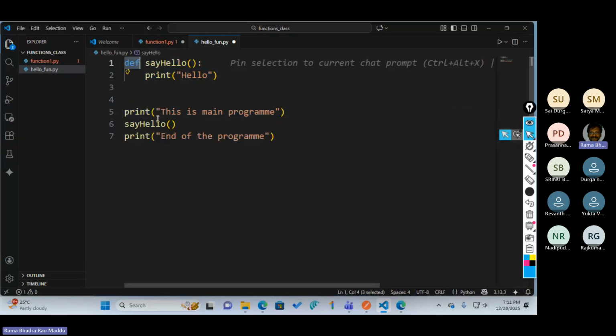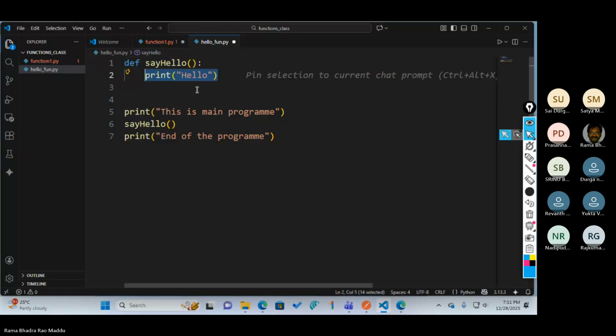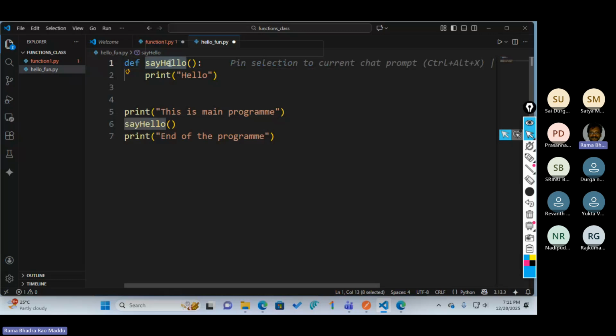The def is the reserved word. say_hello is the function name. At present, in this case, I have not used any parameters, nothing but I did not give any input to the function. And simply I'm writing print hello. So whenever I call say_hello, it will print this line and come back to the main program.